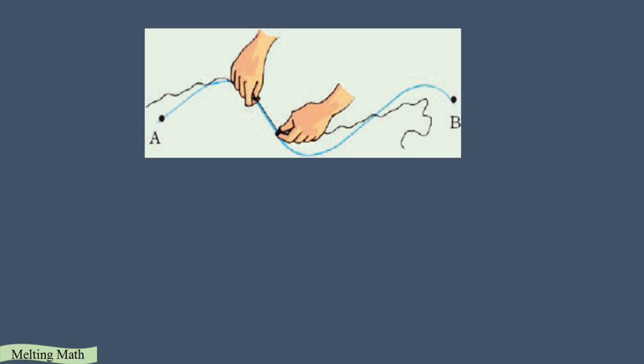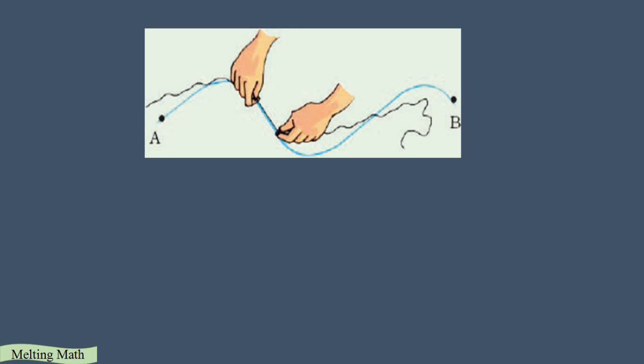First, the string method. Place the string right over that curved line, straighten the string and take the measurement using the measuring scale. String is nothing but copper wire, which is easily flexible. We can flex it to the correct shape of that curved line, then straighten it and take a measurement of that curved line using the scale.